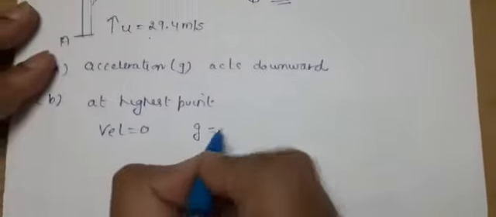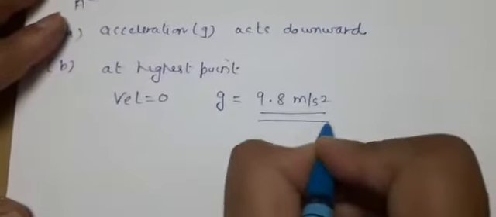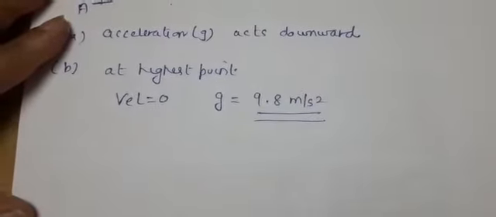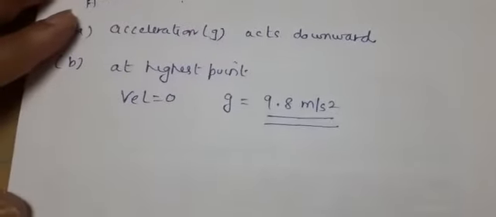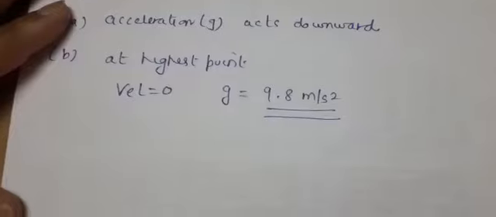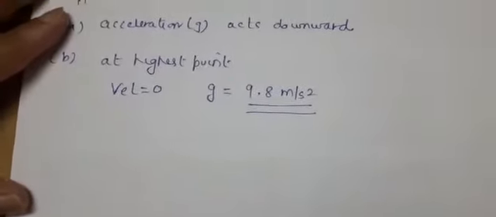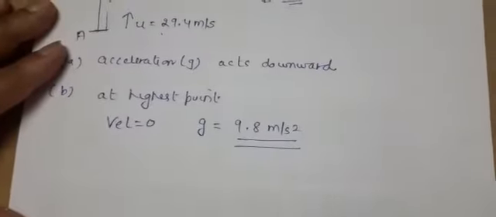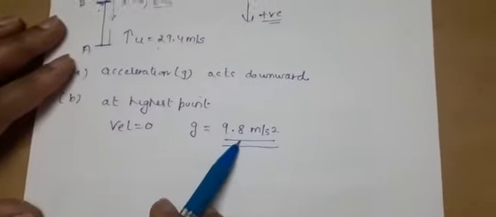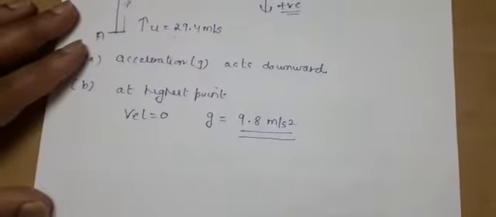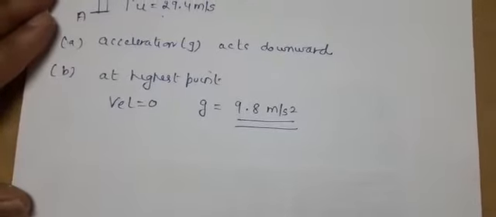And what is acceleration due to gravity? Acceleration due to gravity is 9.8 meter per second square. The actual value of acceleration due to gravity is 9.8 meter per second square. You can use 10 meter per second square also, but it depends upon the calculation. If the values are in fractions like 29.4 or 19.6, appearing in decimal form, then we will prefer to use 9.8, because direct multiplication can be done. But otherwise, if you have confusion, then you can directly take 10 meter per second square.